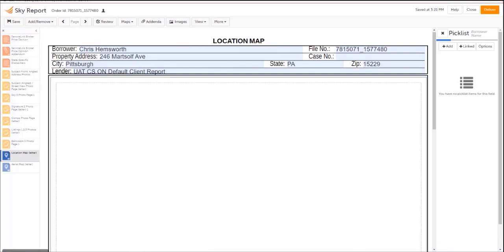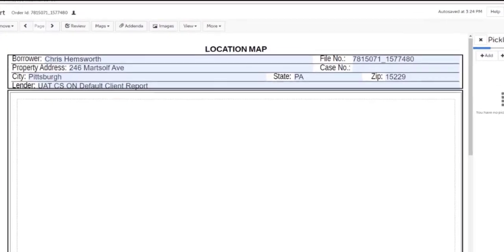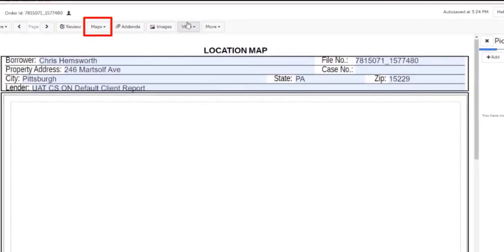When you arrive at a map frame within the report, you can add a map from your computer files using the same method we just discussed for inserting photos. Or you can use the Map tool to automatically create and input the map. The Map tool contains many features, but to simply add a map, select Map from the toolbar, choose location or aerial depending on which map you want to add,